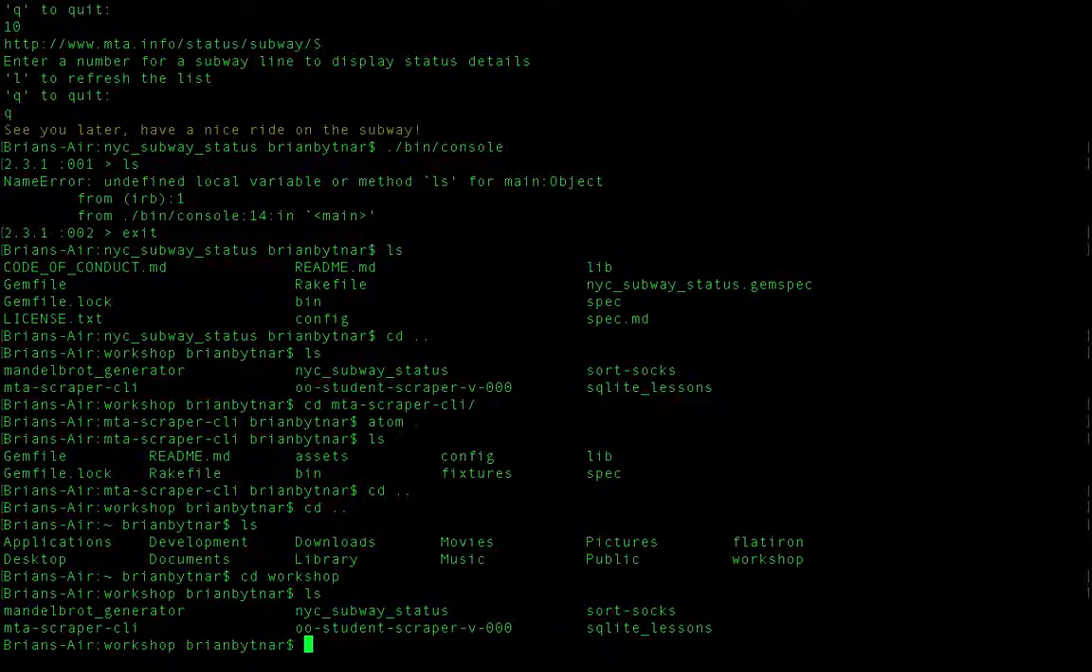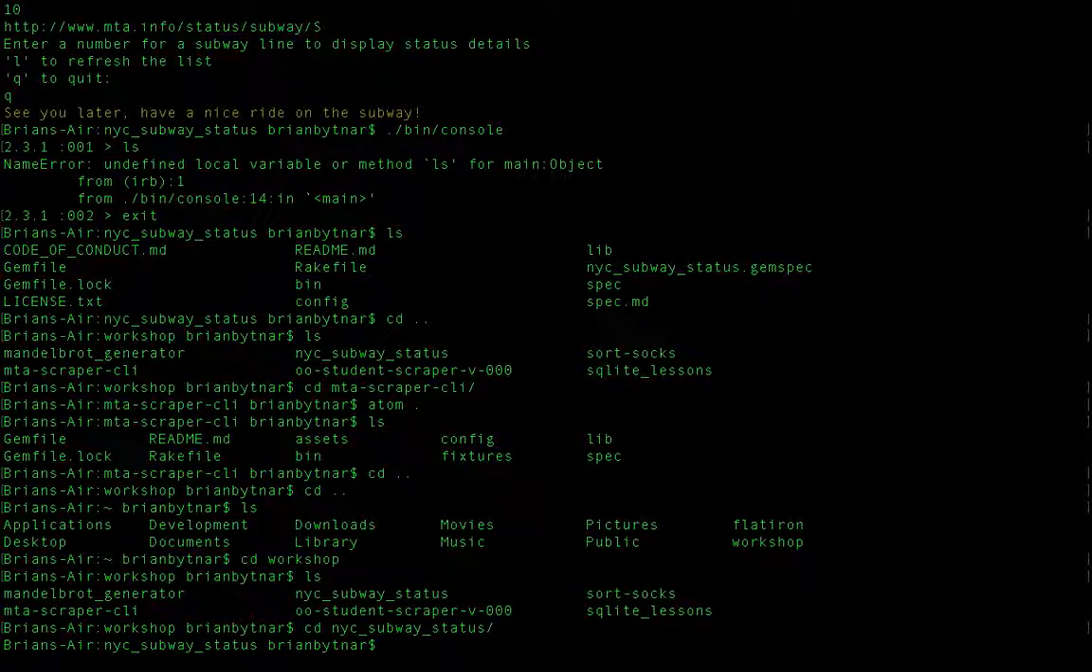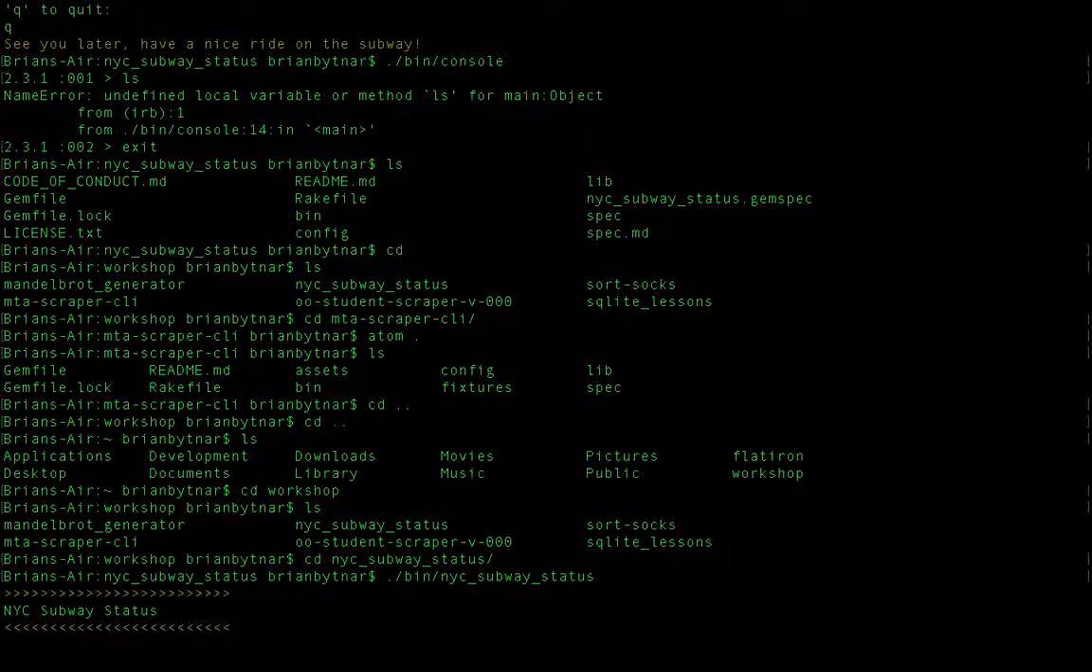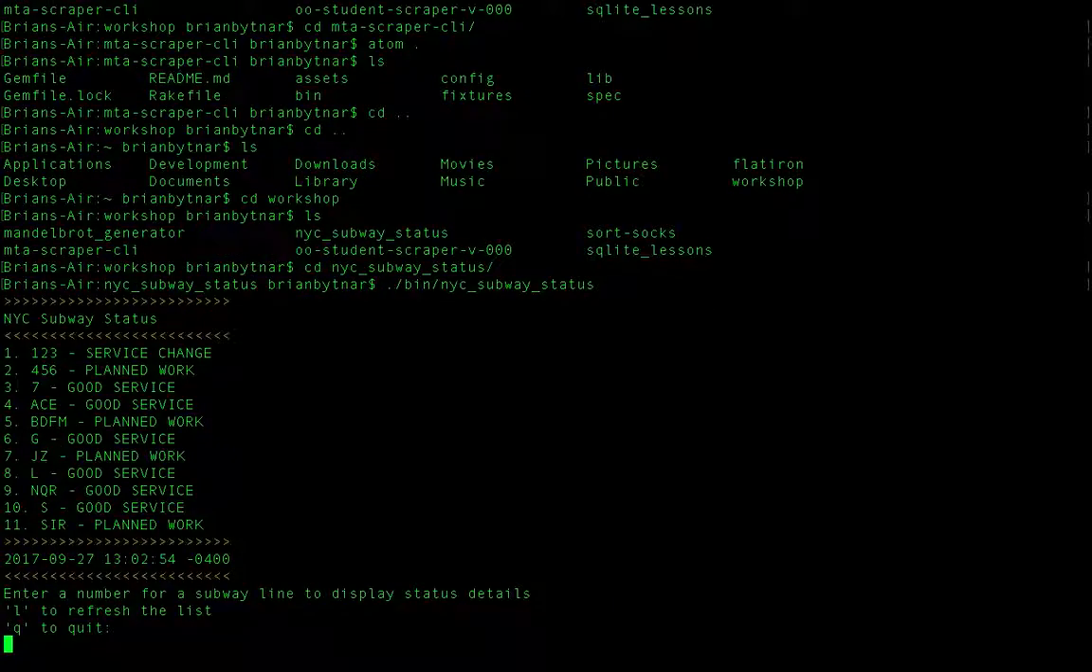List all those projects so we can see what we're looking at. NYC autocomplete. Great. Now you can run the executable file in the bin folder. And so this should be scraping the MTA website now. Okay, great. So now we have